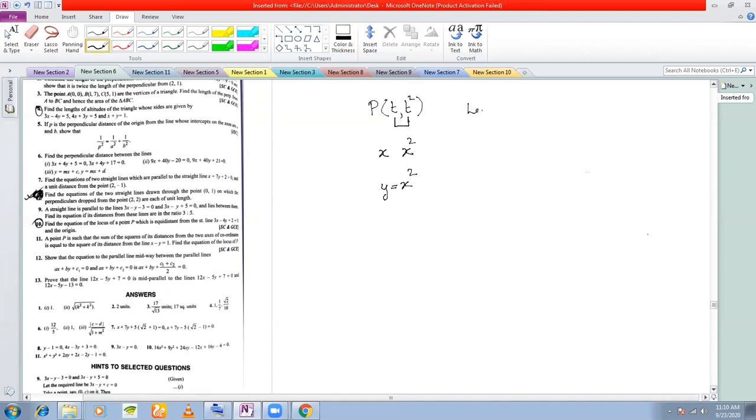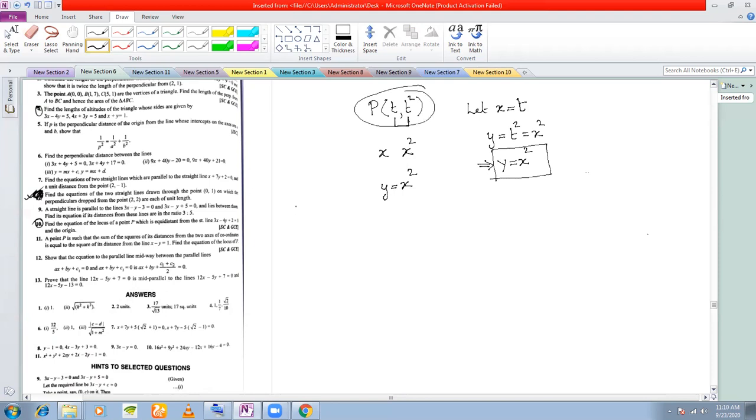Let us understand it this way. If you take x as t, then y must be equal to t square, which is equal to x square. That means what is the relation between x and y? Now you understood. Yes, sir. This is the curve, or the path, that is traced by this point.